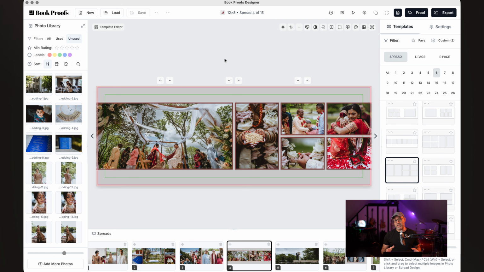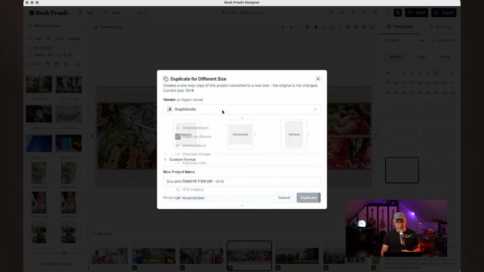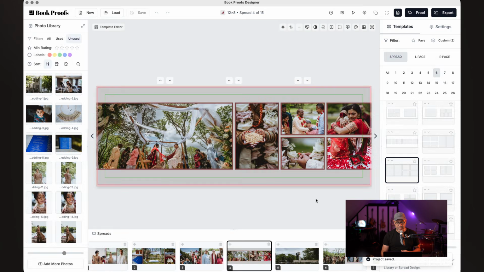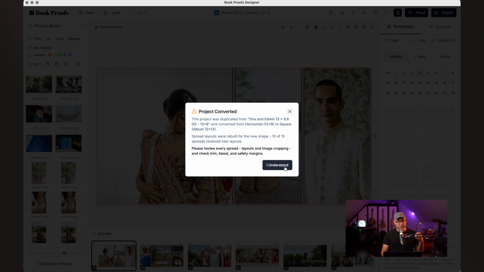Now let's say that you wanted to take this 12 by 8 Graphy Studio book and make it a square book with a different print vendor. Same process. You're going to come over here, duplicate for different size, and we'll just pick any vendor right now and go horizontal, square 12 by 12, duplicate, save in your normal folder,